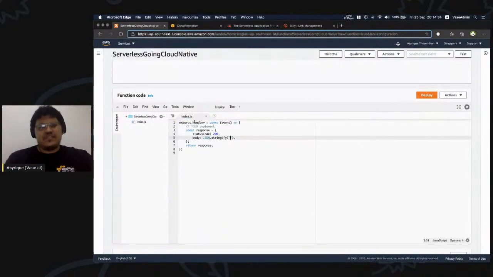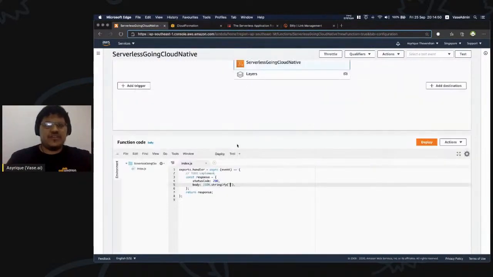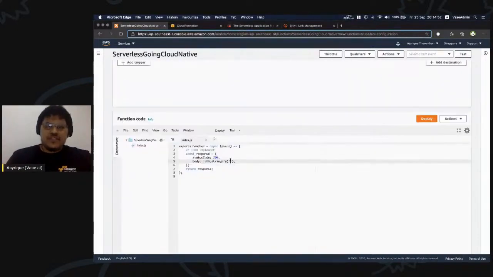What this is saying is basically I have a handler here, and this takes in the event that comes in to the function, whatever that event may be, whether it's an S3 event or whether it's an HTTP event or whether it's a bunch of other things that you can actually configure, which we will go into later in the trigger part.